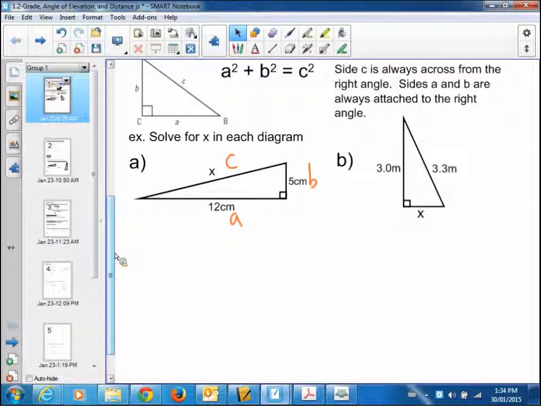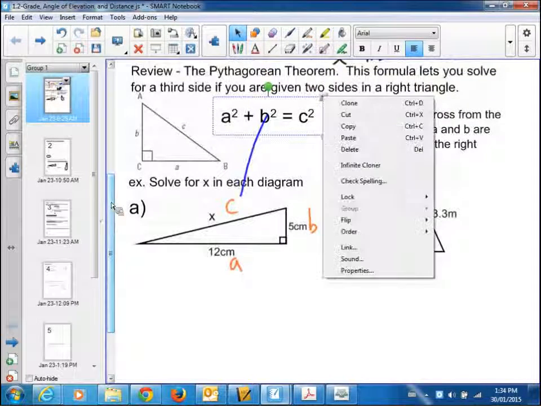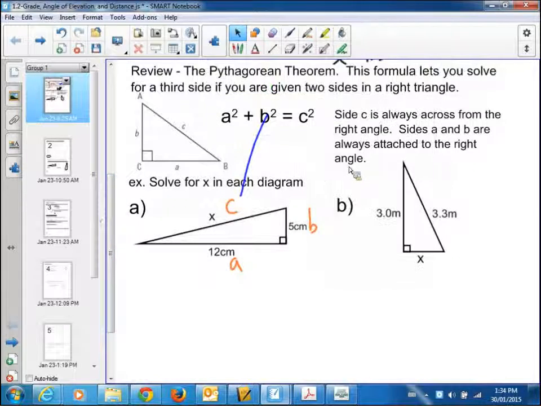So, we're at the bottom of that page. With this one, I want to just know, and you do too, which one the C side is. That's a really important thing, because this formula only works properly one way. When I take this formula down here,